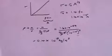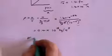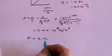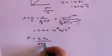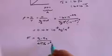Now let's ask why the nucleus is held together when it consists of positively charged protons that ought to be repelling one another. What could be responsible for keeping them together? Well, the first thing we know is that there is an electrostatic force, sometimes called the Coulomb force, which is the charge of proton 1 times the charge of proton 2 divided by 4 pi epsilon naught r squared,